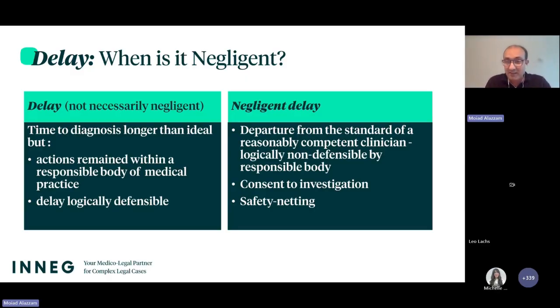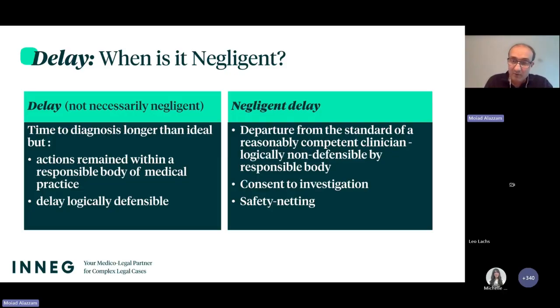And therefore, when anybody, like myself as a medical expert, comes and dissects and says, well, that should have been 3 or 4 months earlier, and therefore this delay resulted in such an event, etc. And then we go to the factual and counterfactual arguments. And then the other thing which is important with the negligent delay, especially with the uncertain group, and I keep coming to this, is that the consent and the safety netting are quite important when we have more than one